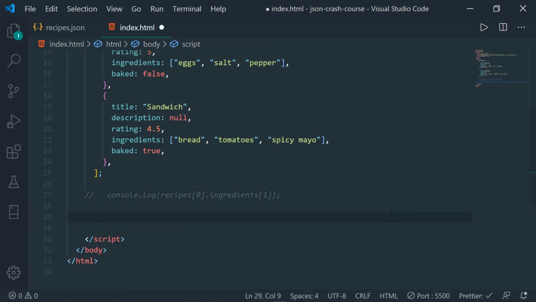So that is how you access the data present inside of a JSON object or a JSON array itself. So let's say now you make a call to an API present online and you want to retrieve the data from that API, and that API is going to return a string of JSON values.